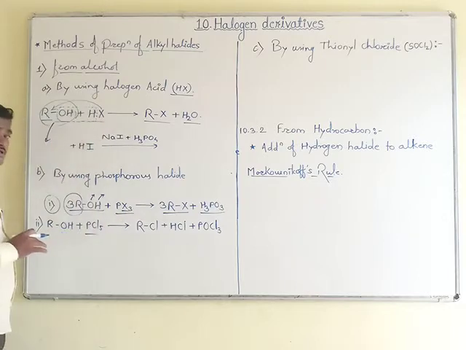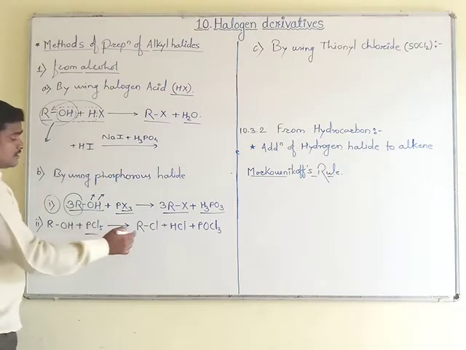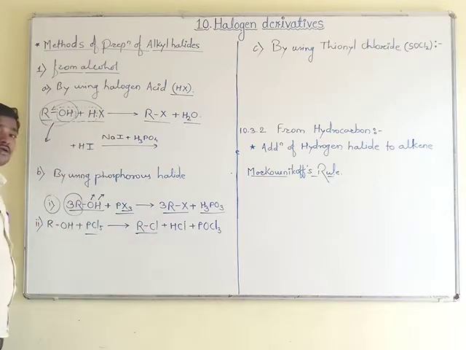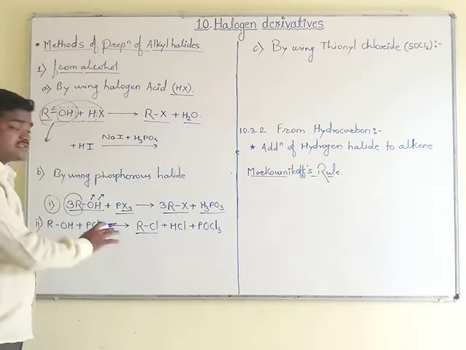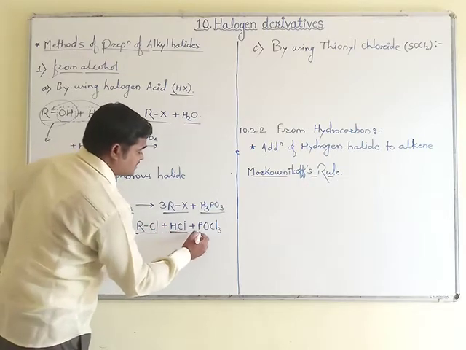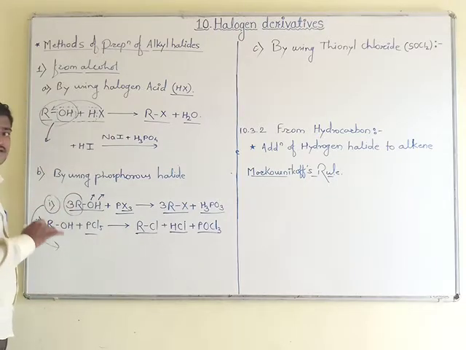Here in this reaction, the second thing is that alcohols on reaction with phosphorus pentachloride form RCl, that is the corresponding alkyl chloride. This is the general reaction. We will take its examples also, along with HCl and POCl3. Okay. Now first of all we will focus on the first reaction, its example.